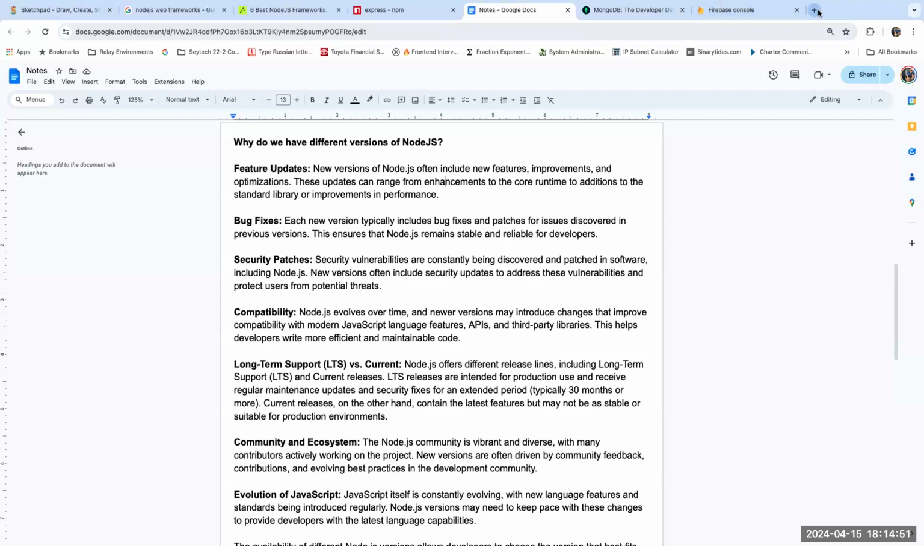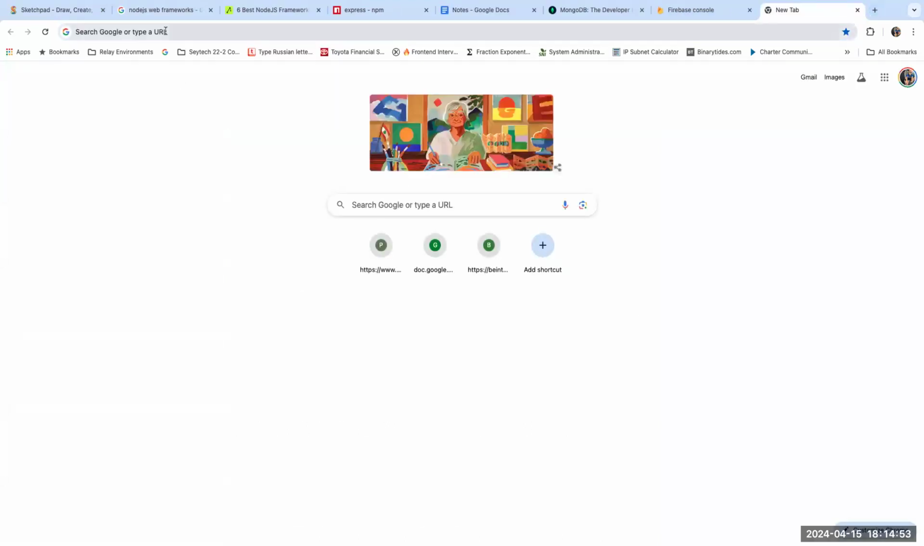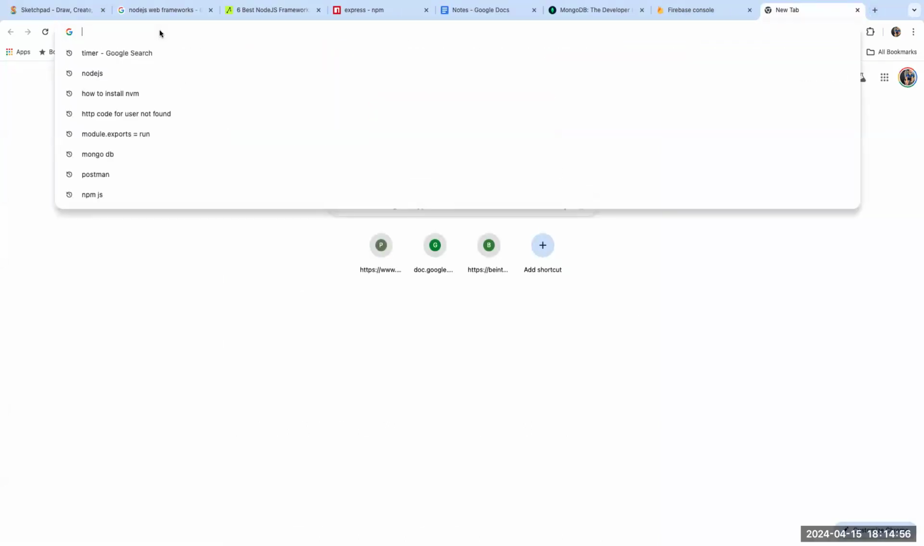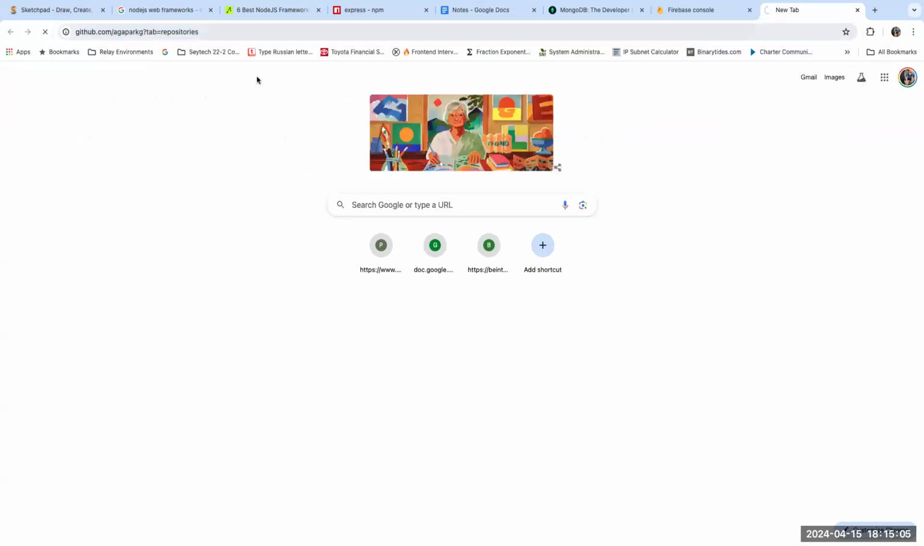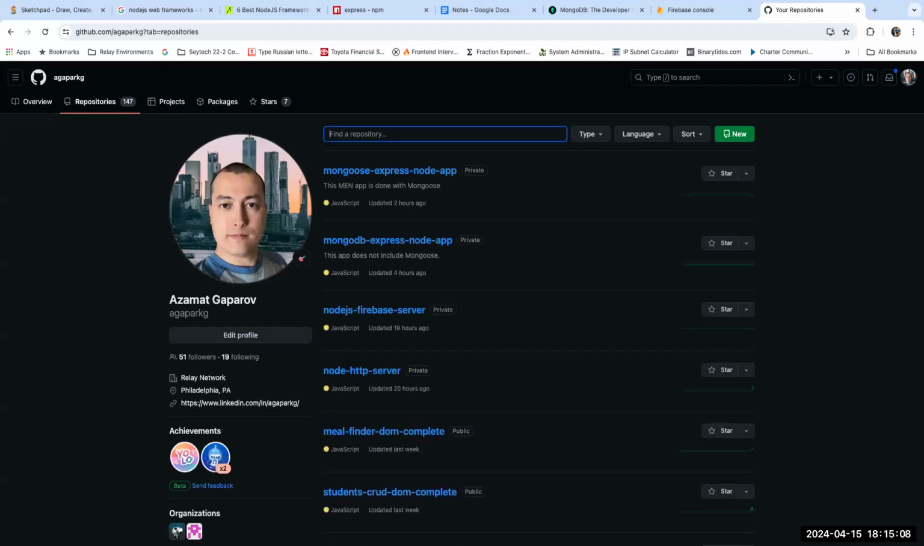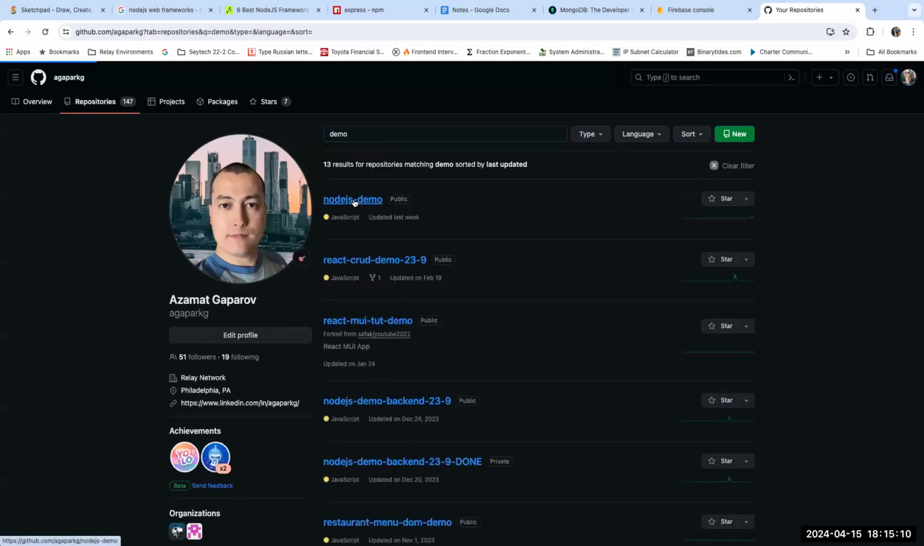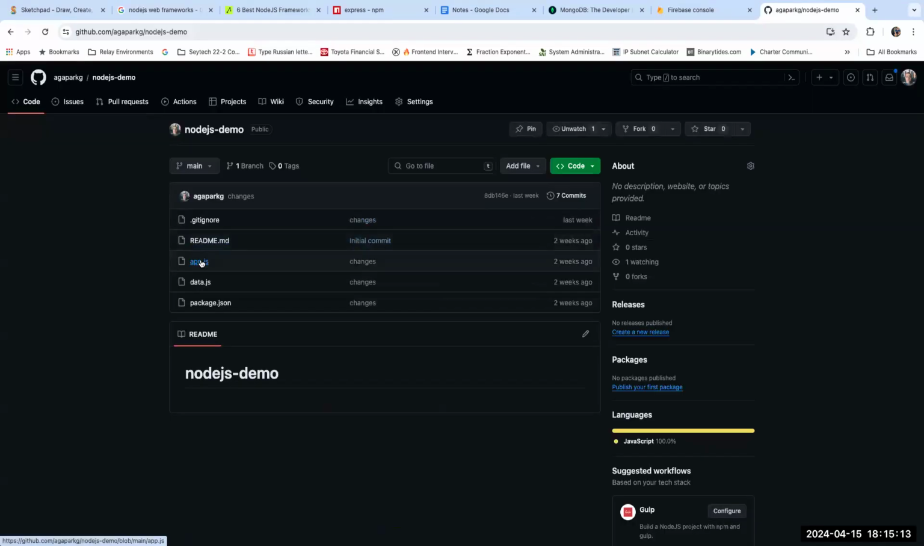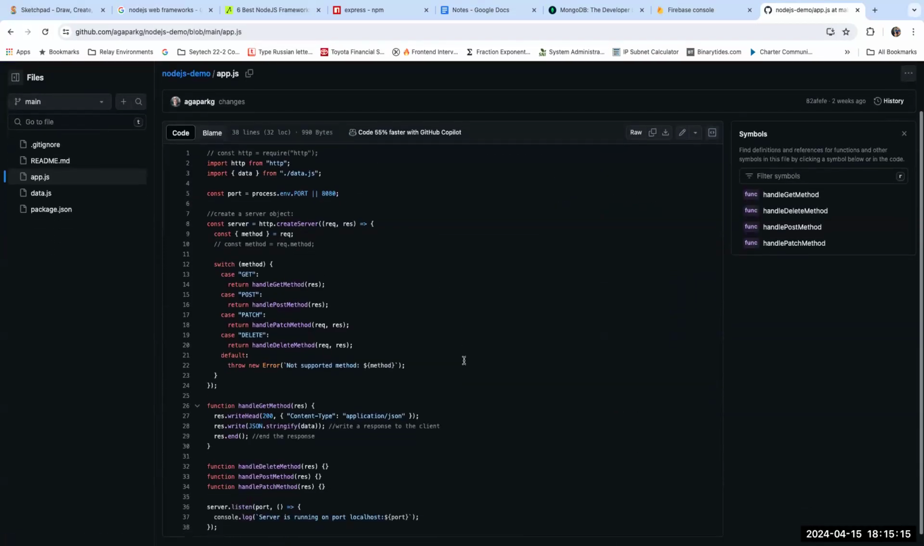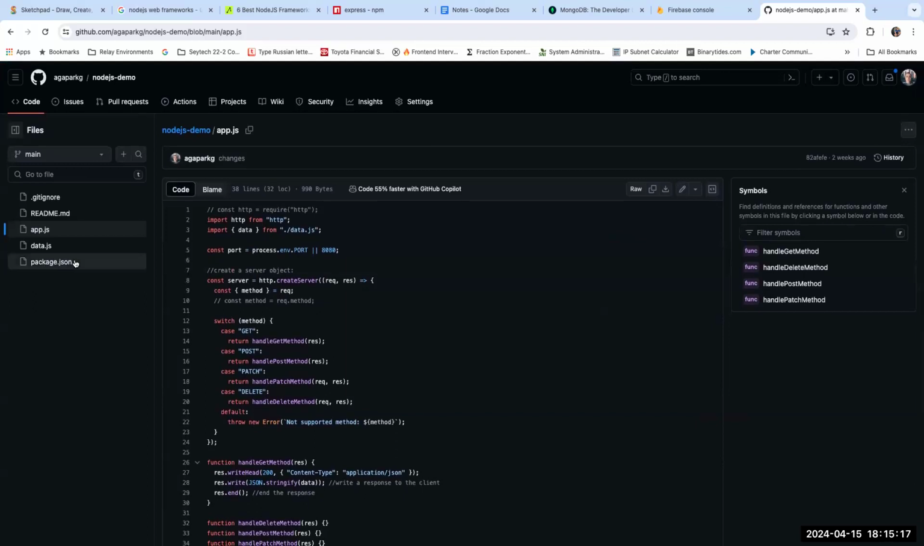So last time, I think we created a simple Node.js application with the built-in HTTP that is provided by Node.js itself. So we don't have to, demo, Node.js demo. And we did this one right here. Okay, we created the Node application and we imported HTTP that was provided by Node.js because we didn't